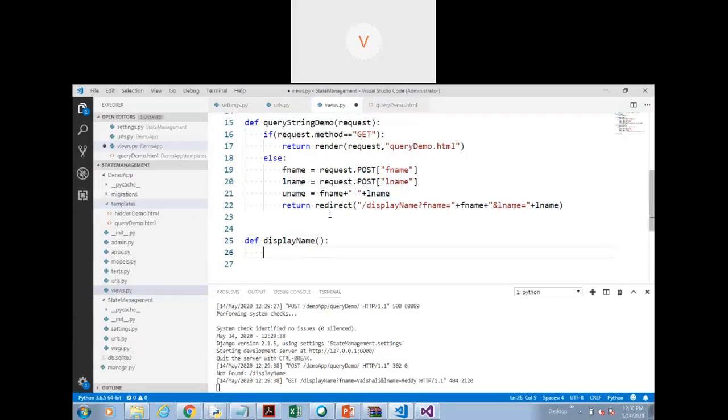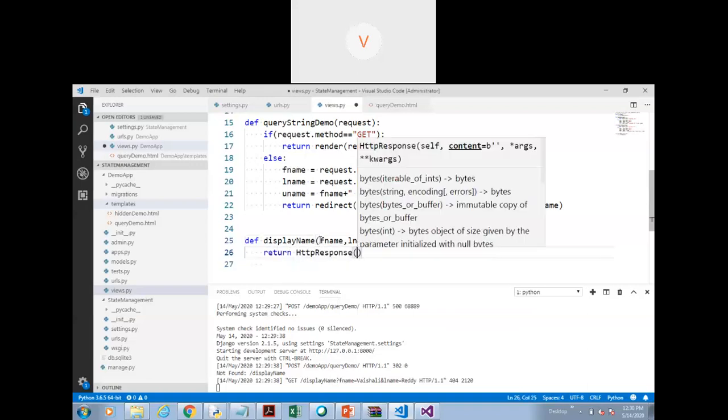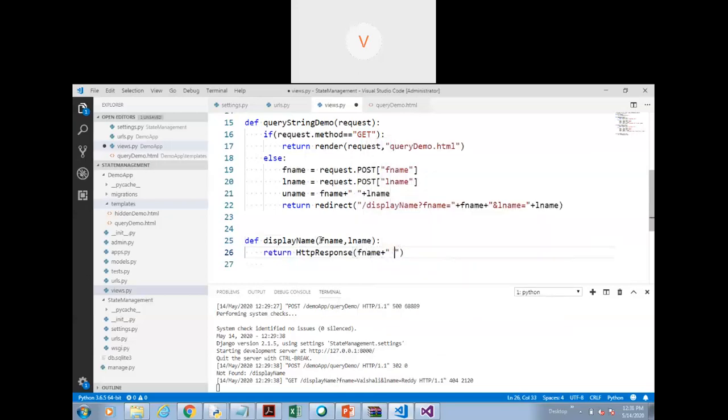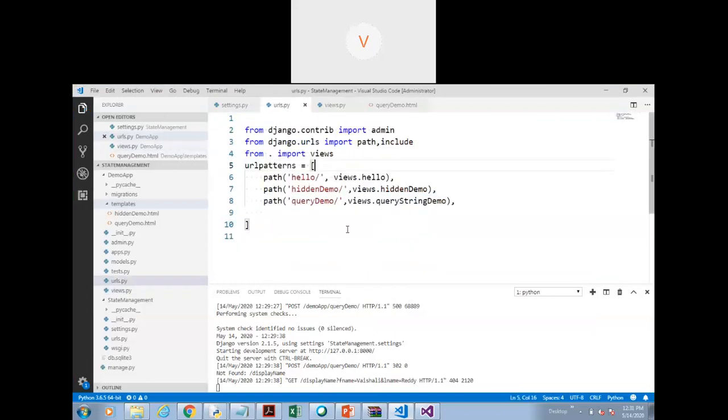I'm not sure if it will display or not, so let me just write here return fname is equal to request dot get. No, it won't be found like this. What comes from the URL comes as a parameter, I think so. So let me just check this one. Return HttpResponse fname, lname, and now I need to make the entry of display name.